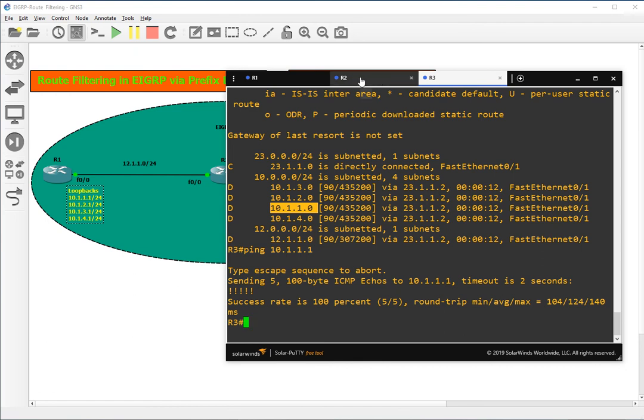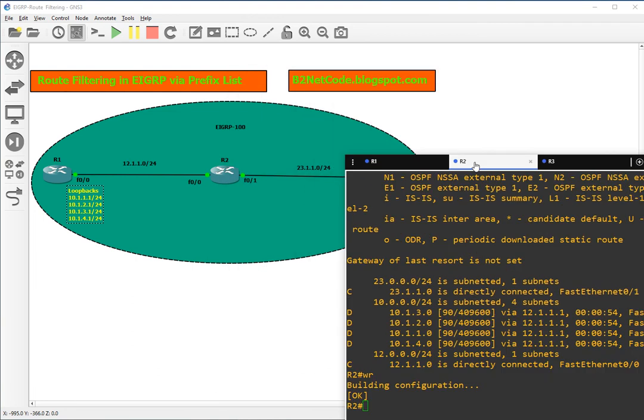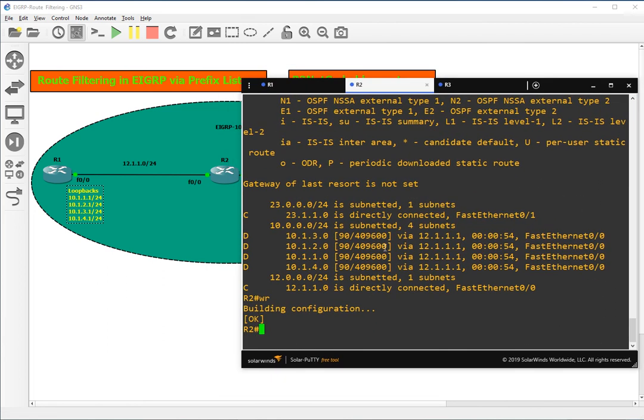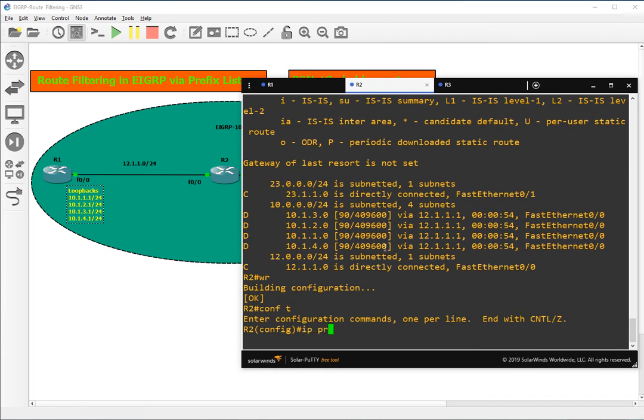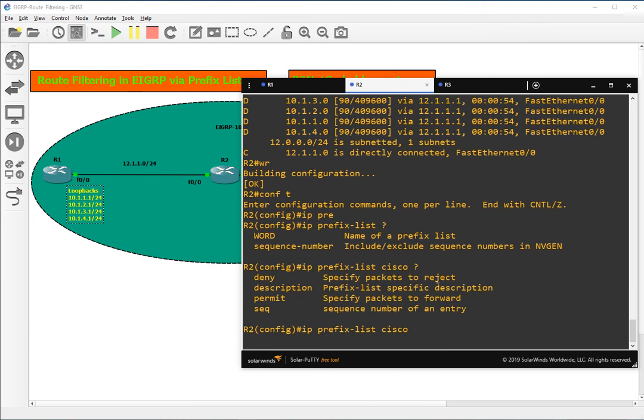For that we'll have to create a prefix list on R2. We want all routes to come to R2, but only on R3 the 10.1.1 network should not come. So we'll create a prefix list on R2. Config terminal, IP prefix-list. Let's give it a name, Cisco, and deny the packets to reject.